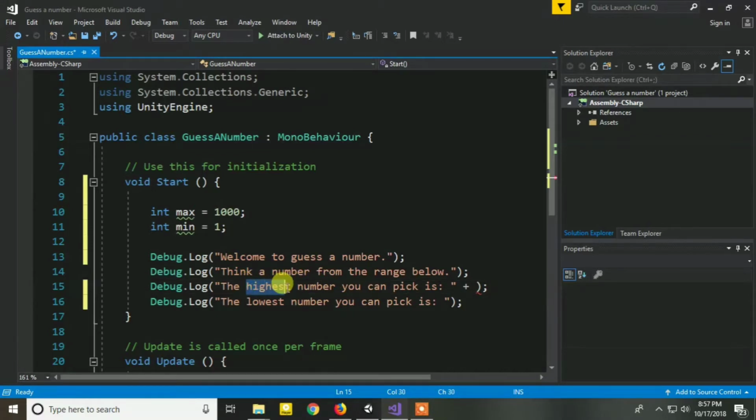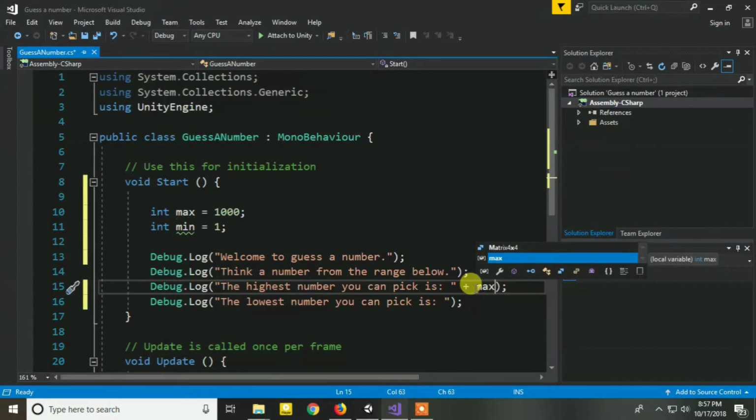Now we have to add minimum and maximum variables to our statement. We can concatenate a string and a variable by using the plus operator.